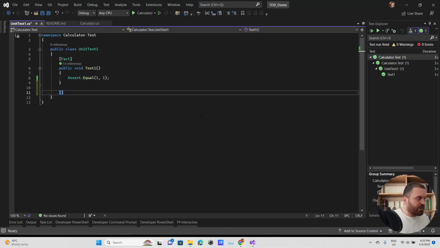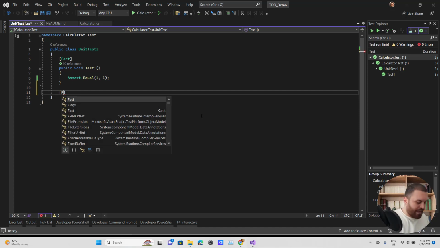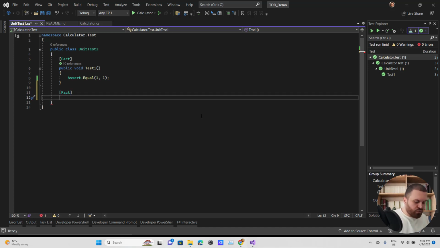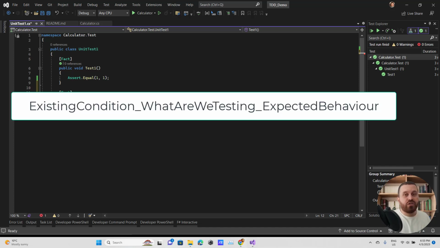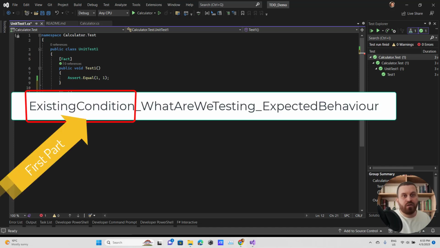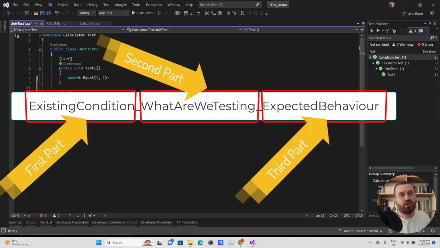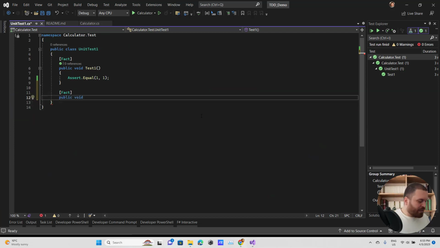The sum method should accept two integers and return a result. I'm going to start writing a test. For xUnit, you need to decorate your test method using the Fact attribute. And after that, you need to create the method, public void. And for the naming, you should follow this step. Okay, it's not a should. For me, it's a should, but not for you. But you need to have a standard for doing that. The suggestion that Microsoft gave us in the documentation is to have three parts in the name of the method. The first part explains the existing situation, the second part what you are going to do, and the third part the expected value.